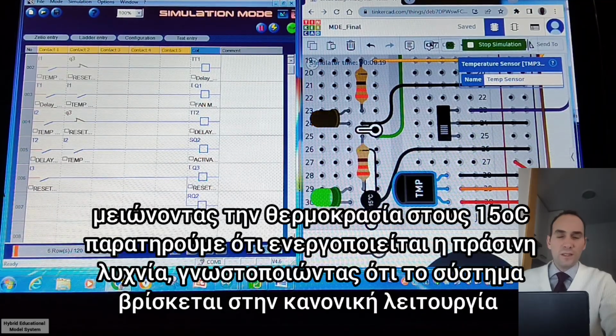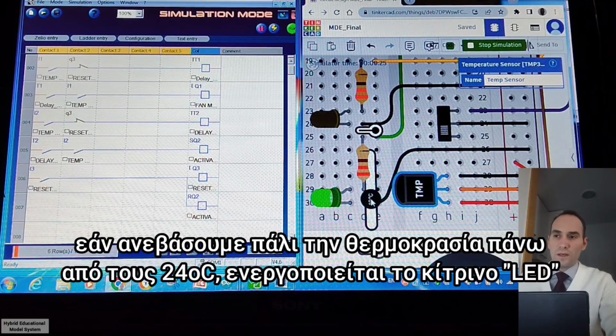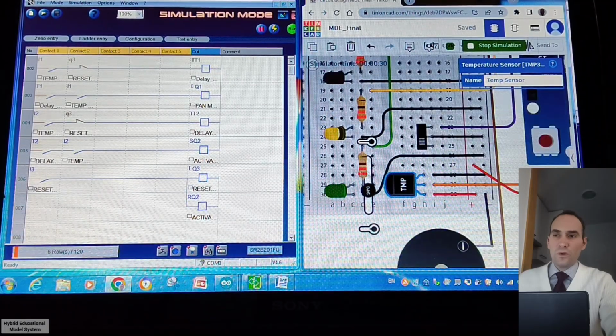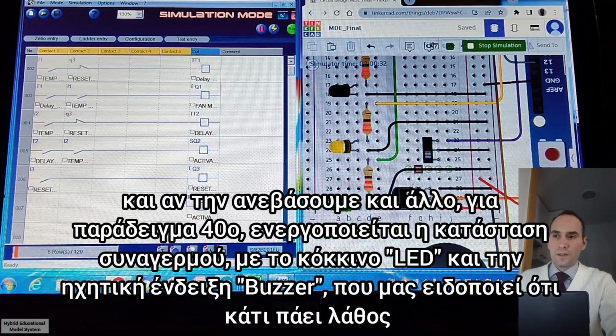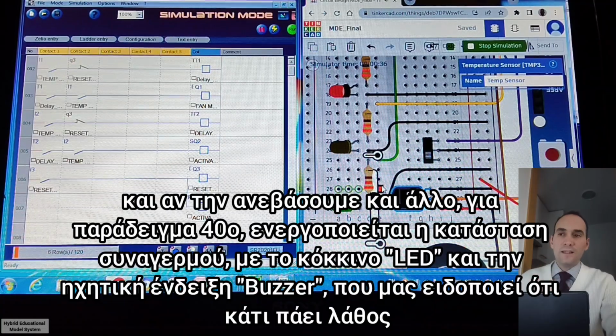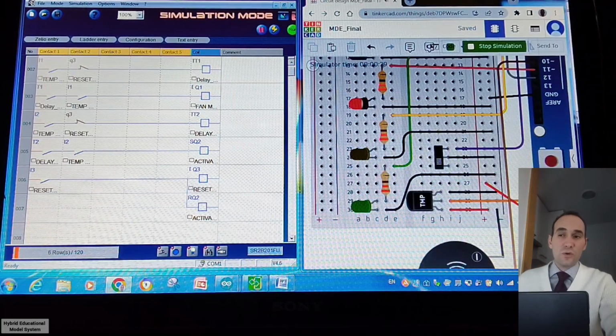Let's go to 15 degrees, so you can see now the green LED is on, so we have normal status. If we raise the temperature above 24, we will have the yellow LED, and if we raise it more, let's say 40 degrees, we have the alarm system, the red LED, and also this buzzer that says that something is going wrong.